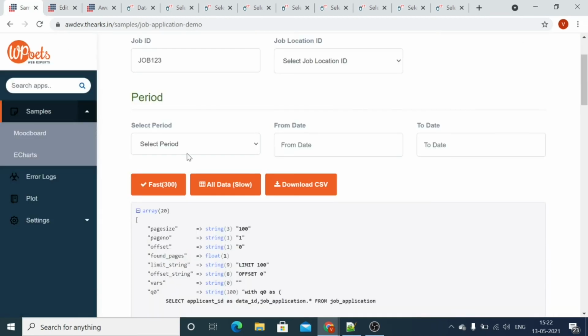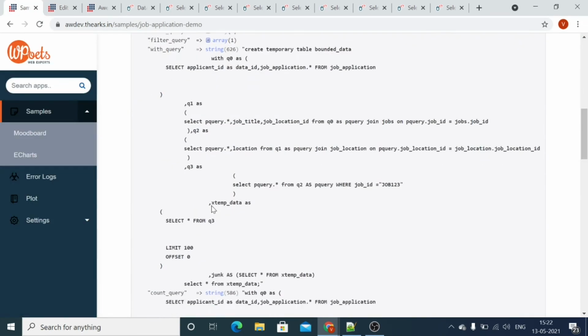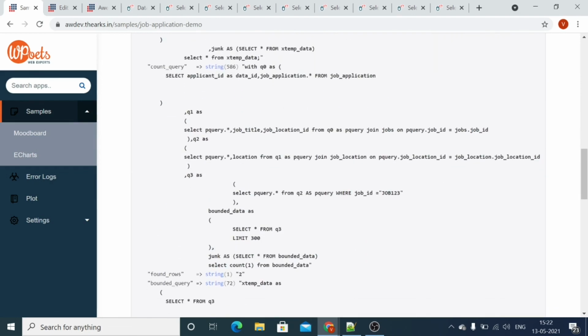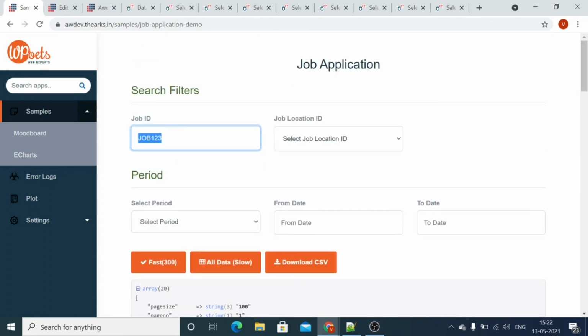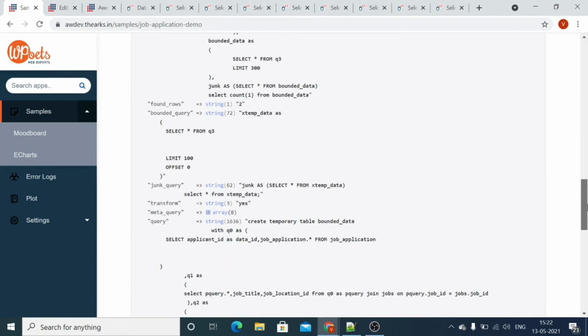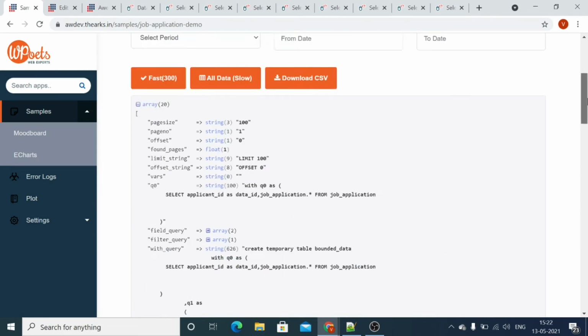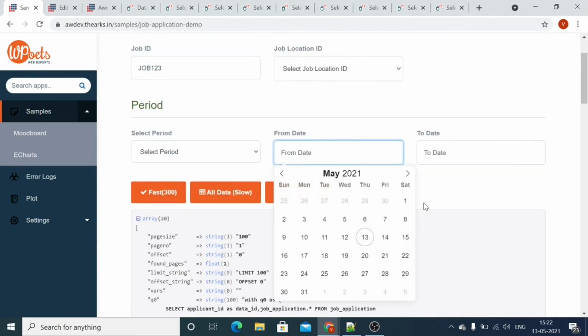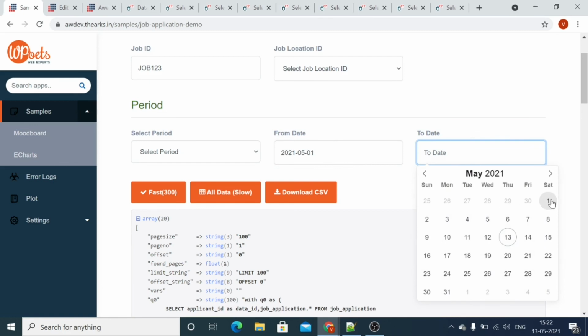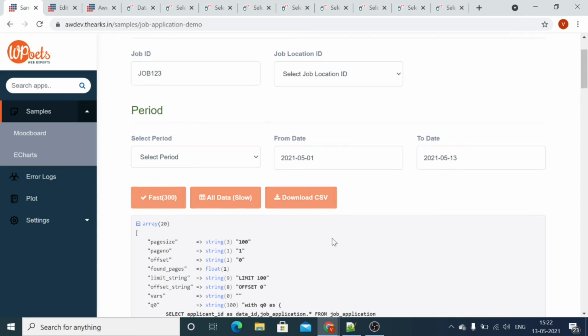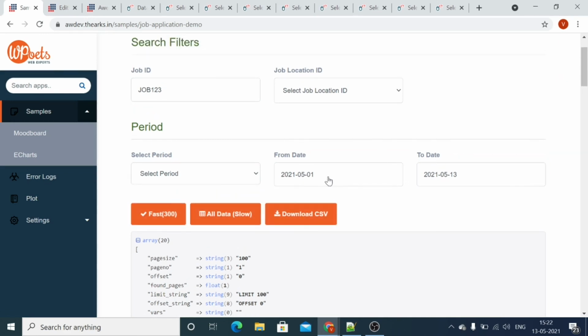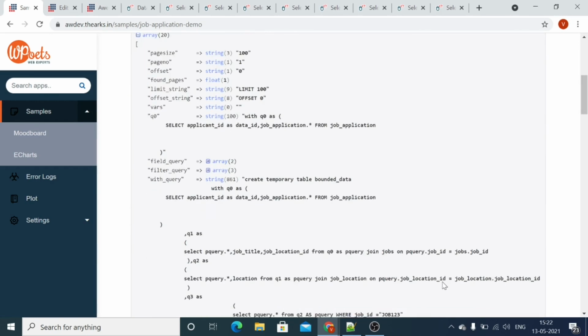Now you can see the result, that is the where clause job ID is added because we have put the job ID here, and when we are using the date with job ID, then this will filter out the result for this job ID from 1st of May to 13th of May.